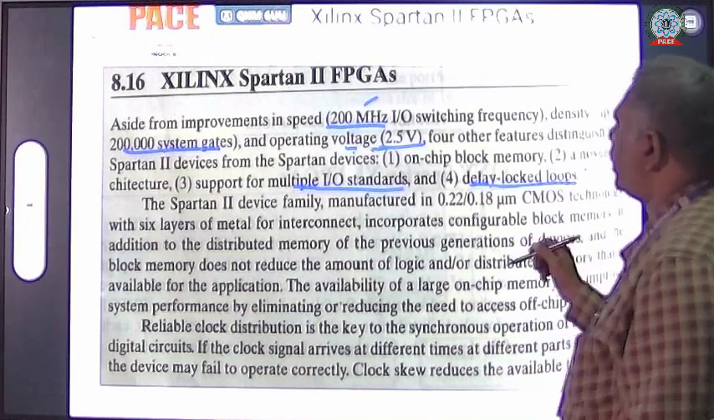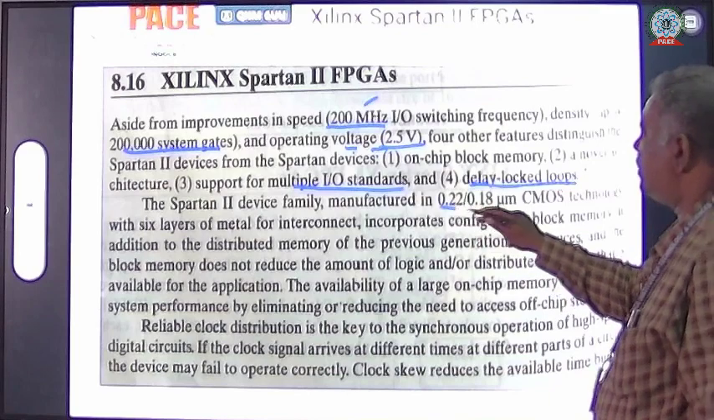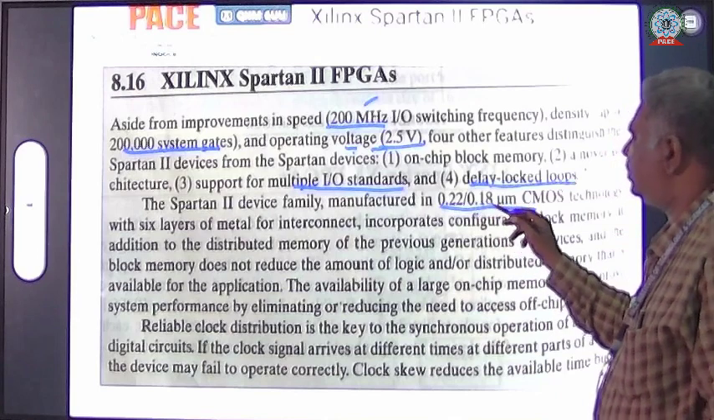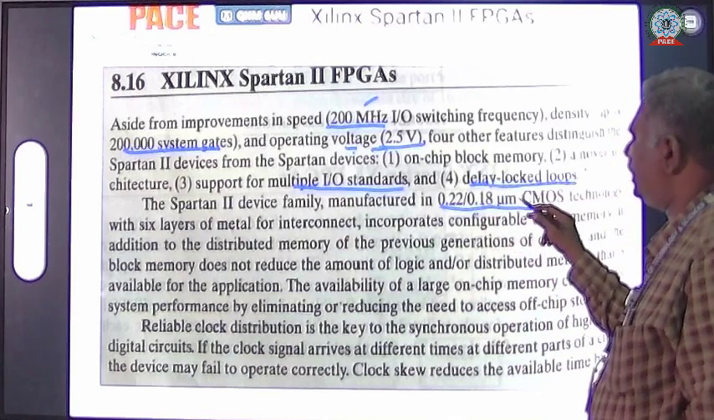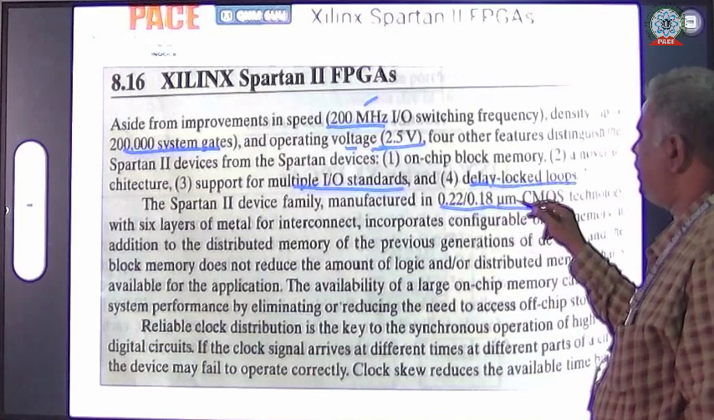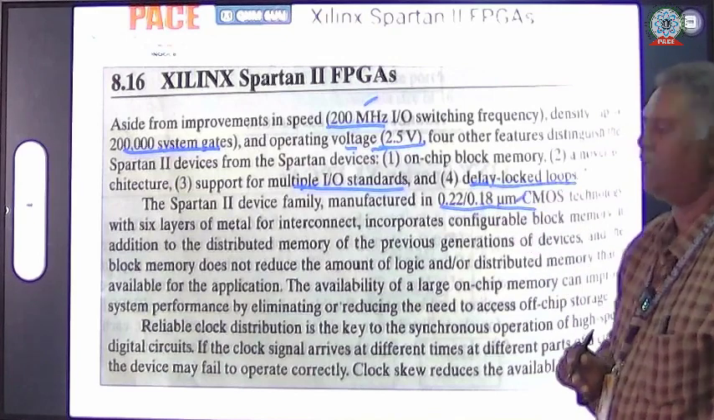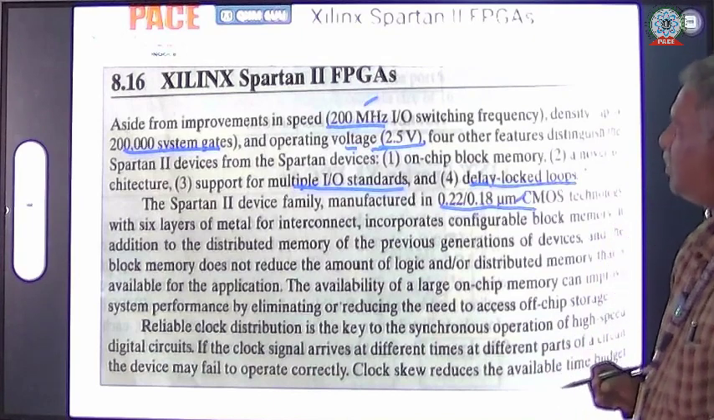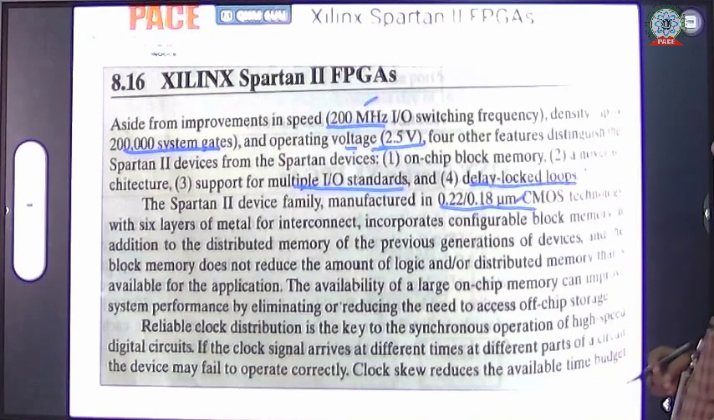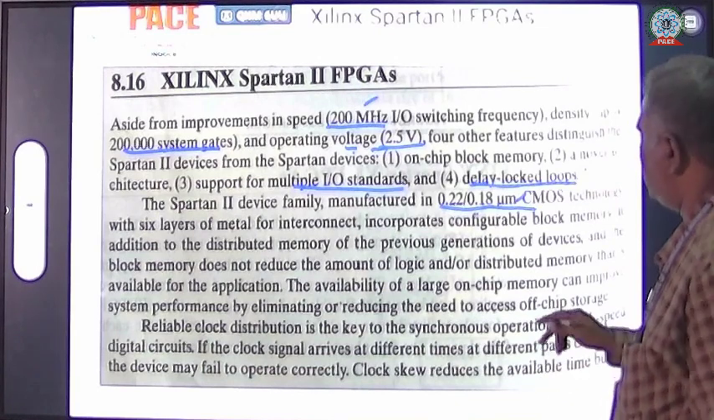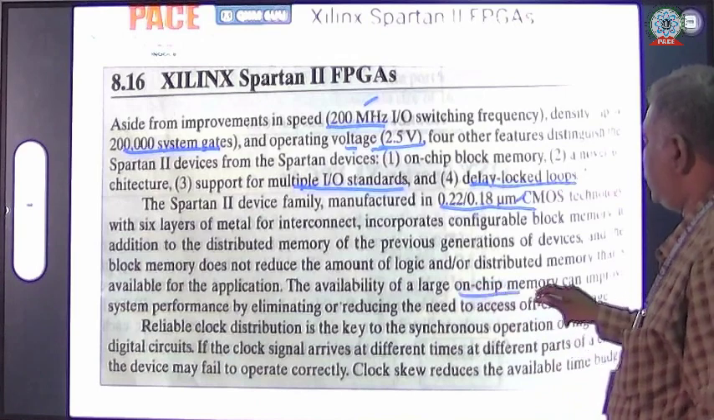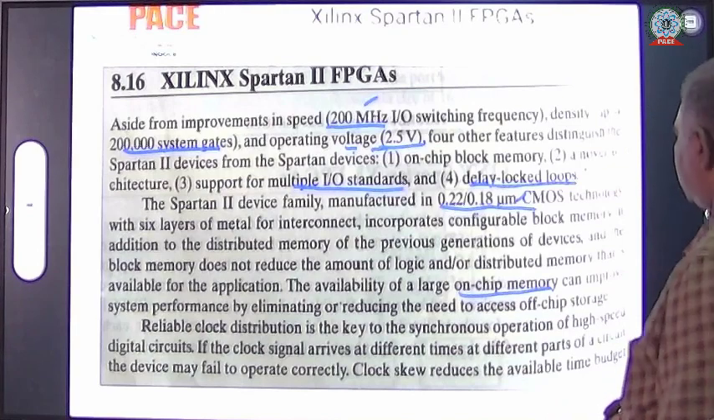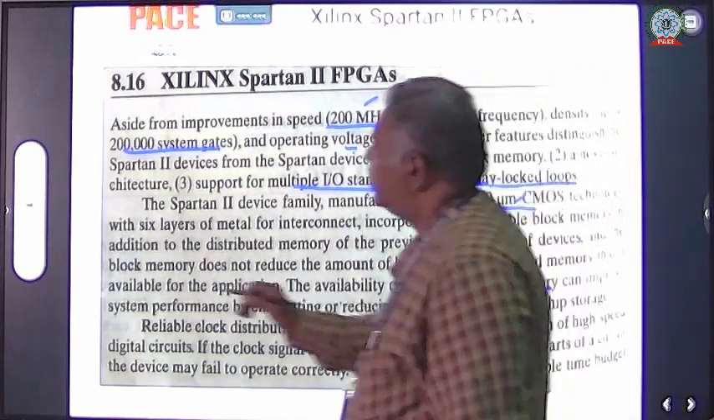And one more advantage is the design technology. The design technology is 0.22 micrometers, or another design is 0.18 micrometers. Due to this technology, the size is going to be reduced. That is one of the important advantages in this Spartan 2. And we are going to have on-chip memory in this, and we are going to save the data. So this is the main advantage of this